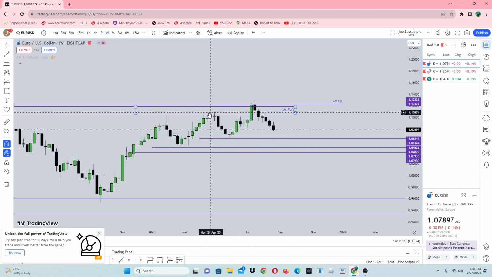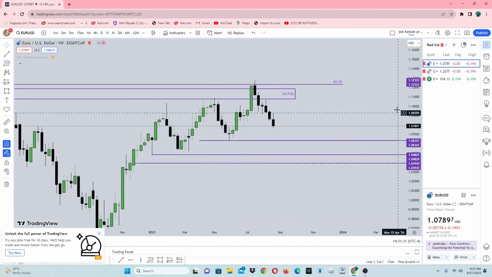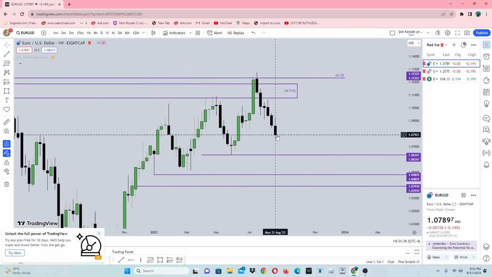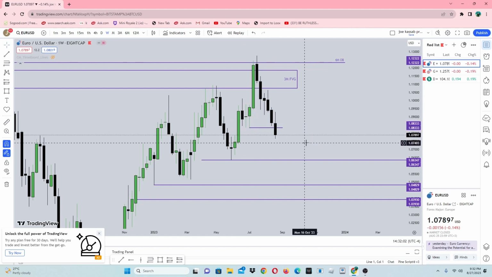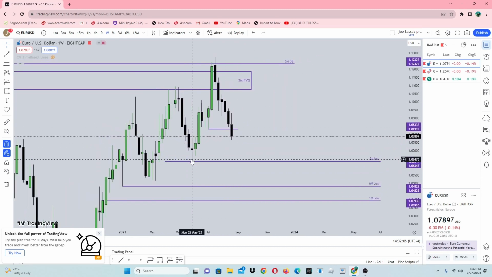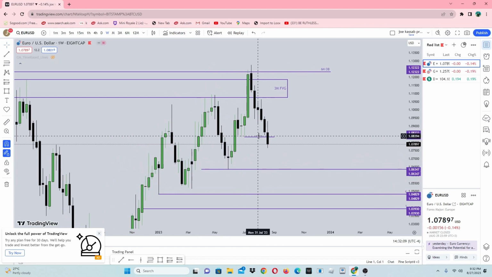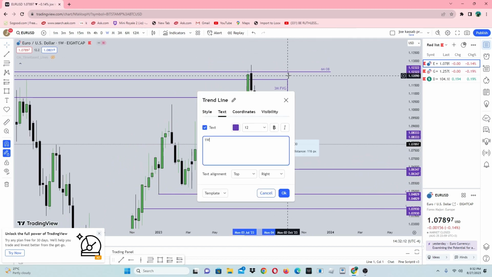As you can see right here, we had a break of structure to the upside, but right now this fair value gap is taken, and we have this down close candle right here. We pushed above, and then, in my opinion, this is a shift in market structure because this is a swing point. So we broke the swing point to the downside, so there is a high probability that we attack this low right here. So this is a 1 week shift in market